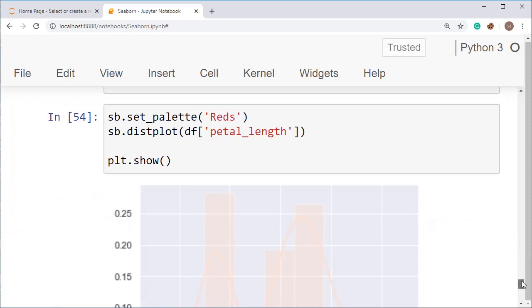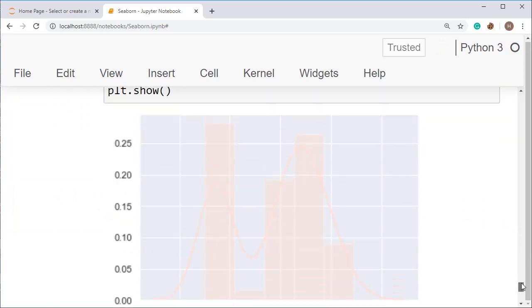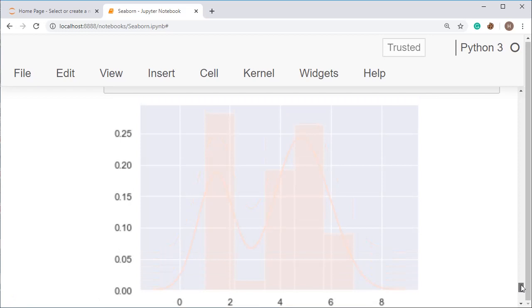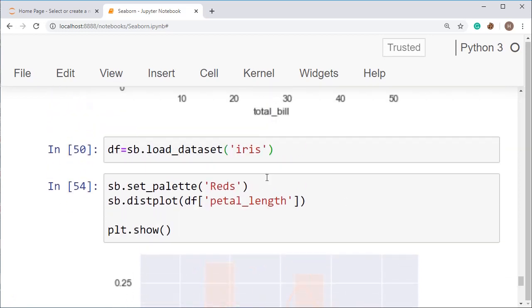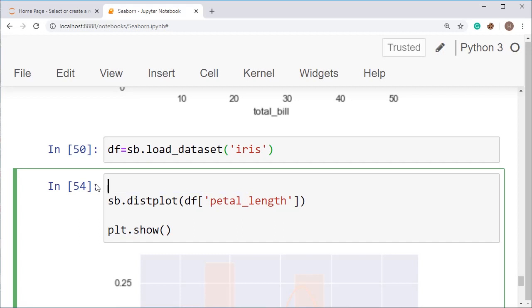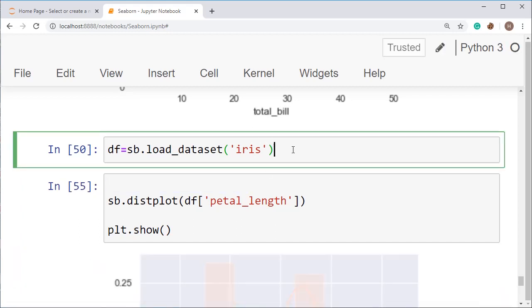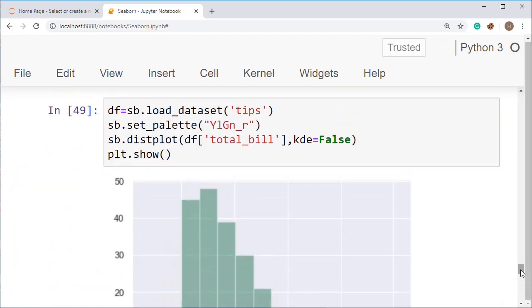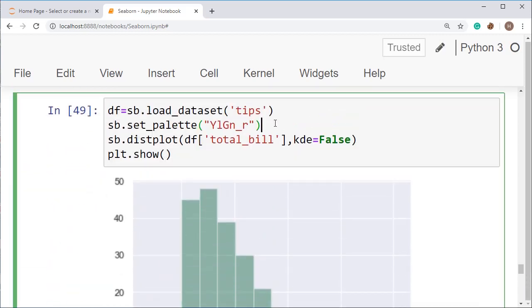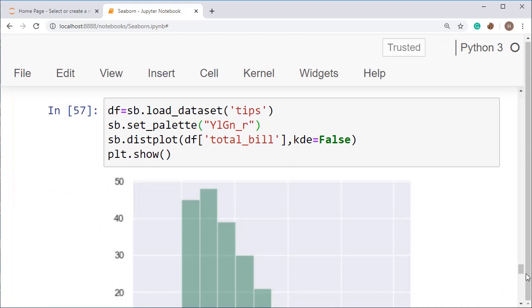So see here, this one has changed the color palette to red. Okay. This one is not looking cool, so remove this and run the cell from the previous one so that it gets the yellow green color. This one is the best to visualize the things.